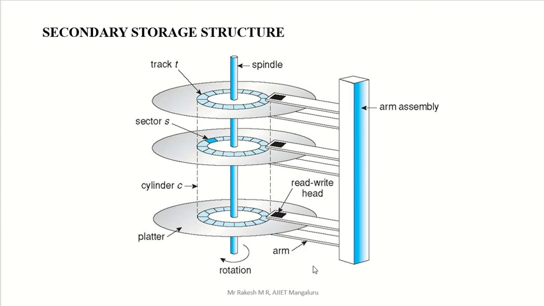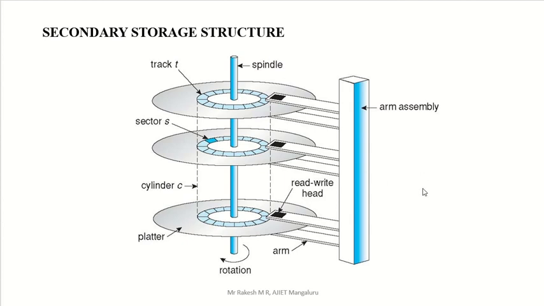All the data or instructions we are going to store in a secondary device. We can call it a disk also, that is a hard disk. So what is the shape of the hard disk? Here they have given one diagram. That is the internal diagram of the disk or secondary storage structure, and this is a magnetic disk. This diagram is called the magnetic disk structure.